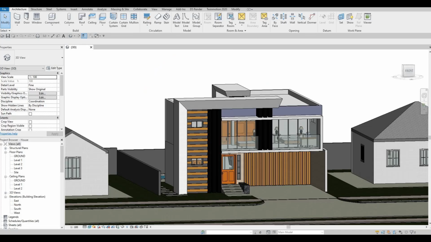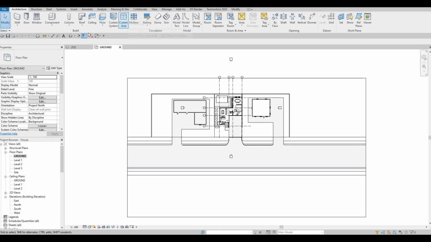So in the last video, we were able to finish this. We added all the street sidewalks and we added these two adjacent houses. Now we can start creating our sheets. So what I want to do first is go to our ground and we're gonna take an